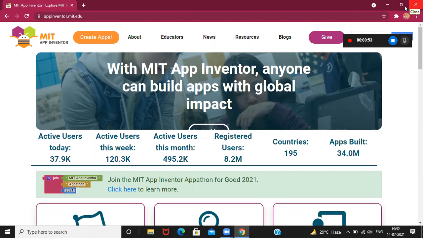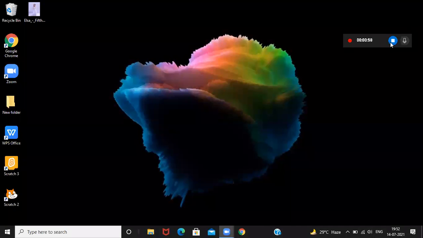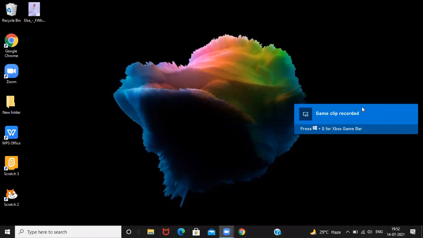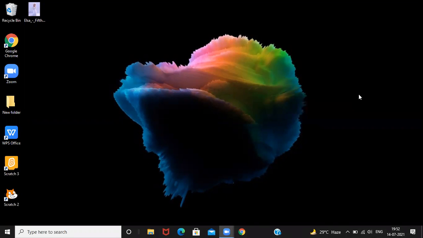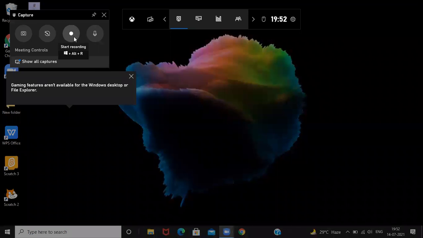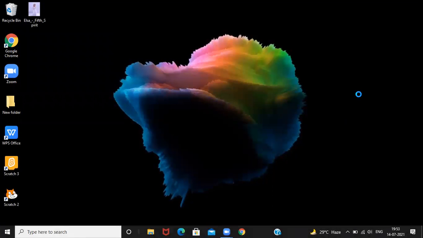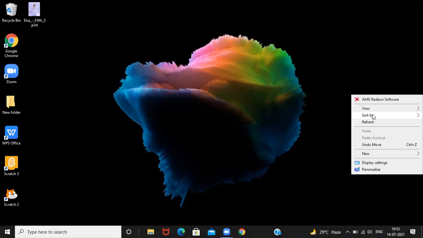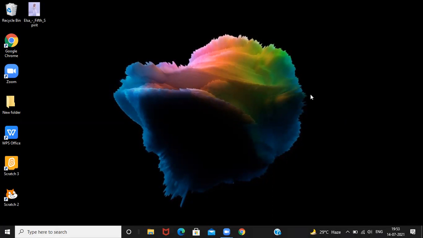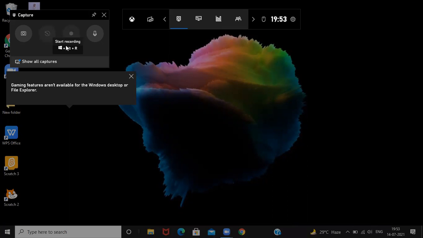So I'm going to close it and let's see if the recording will stop or not. I close this tab. It was still recording, but it has now stopped. Now I'm going to click here again. The recording feature will be there, but it won't actually record. Maybe my recording application is still working, but it will take some time. Now the recording option has been disabled.